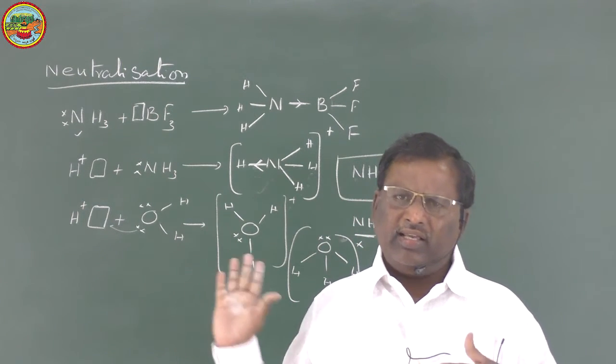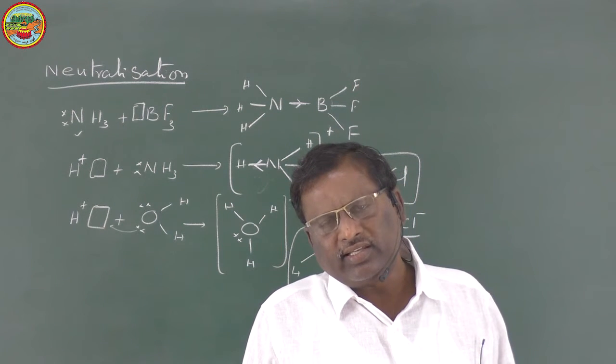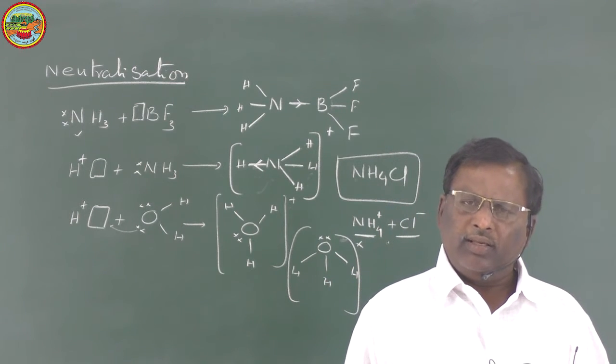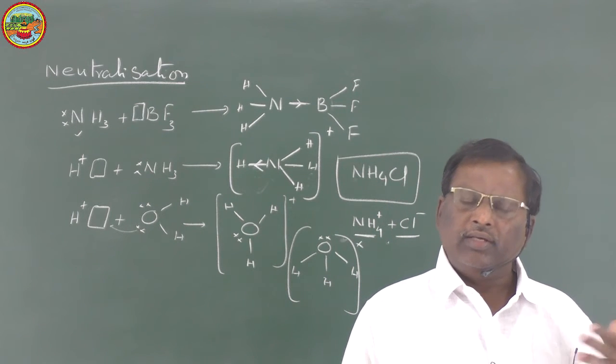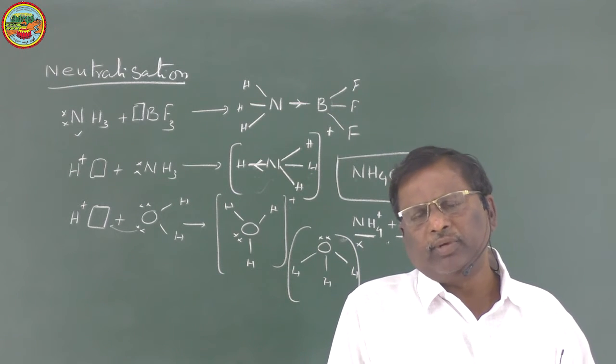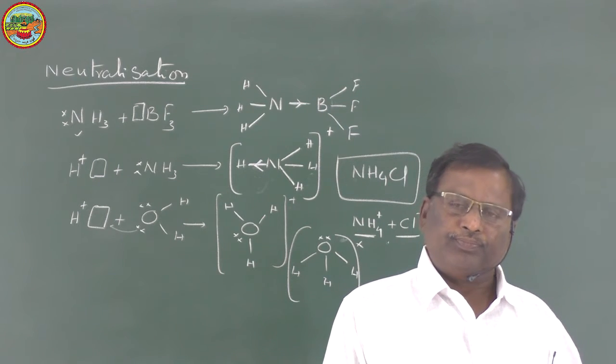But such a case is not there. As a whole, it is a slow process. So we cannot discriminate the strength of acids and bases, or strong acids and strong bases. So according to this theory, the strength of acids and bases was not explained. This is one of the defects of this theory.